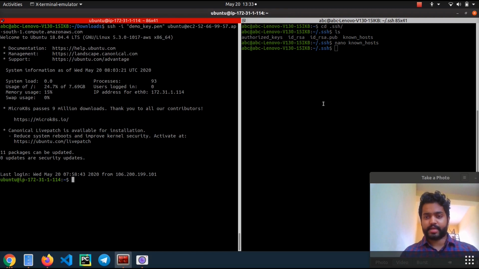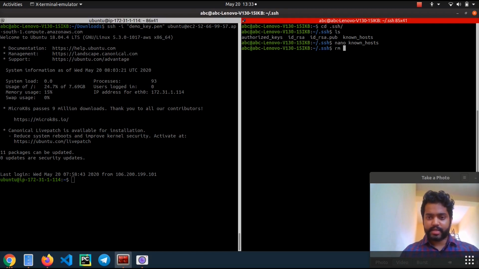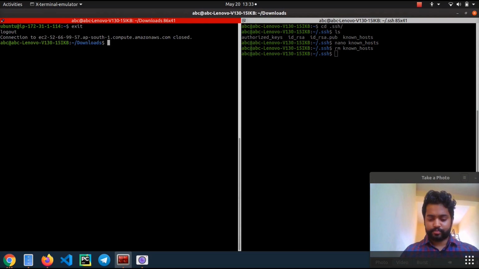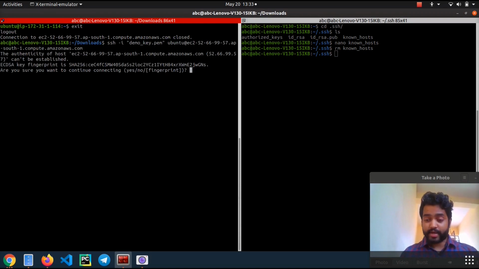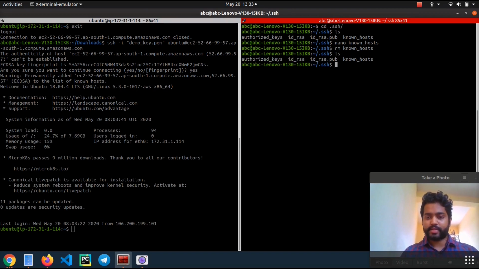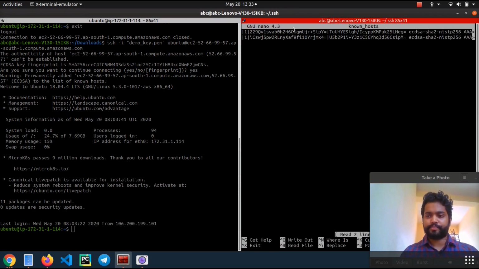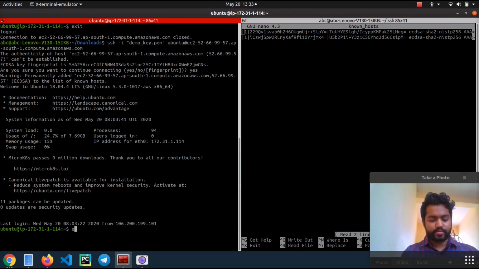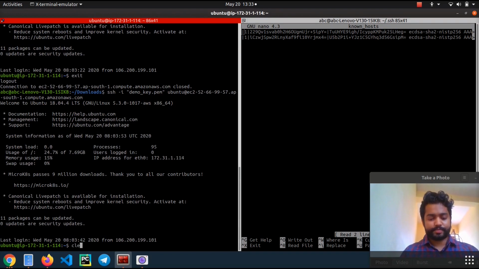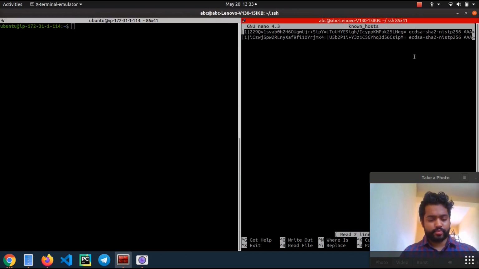Yes, it gets connected. But over here, just in case, if I remove this known hosts file and again try to do this, it won't get inside because it is again not inside my known hosts. So if I do yes, then it will create this known hosts file again, and it will have only 2 of these. So if I again try to exit and connect, I'll be able to get into this instance, guys. So this is the known hosts that we get.